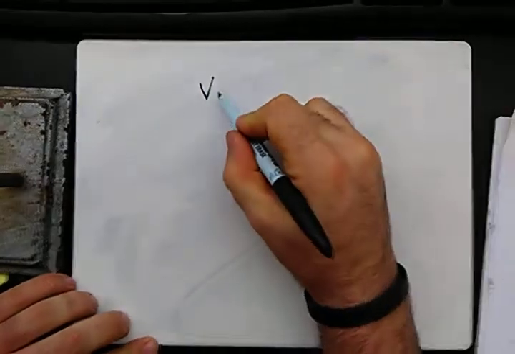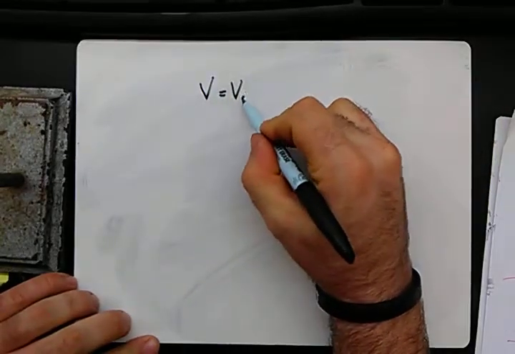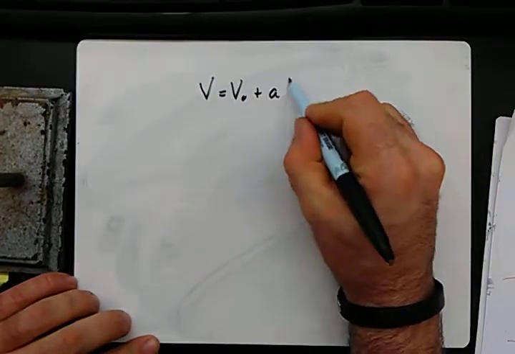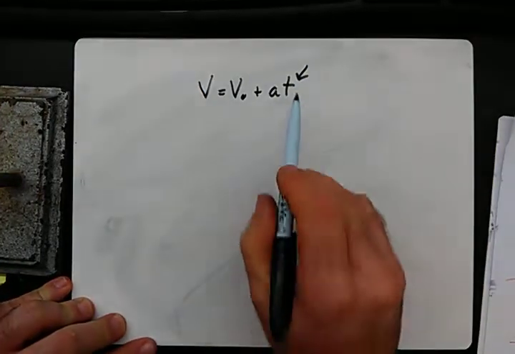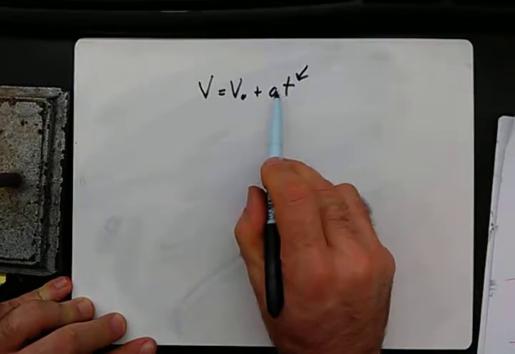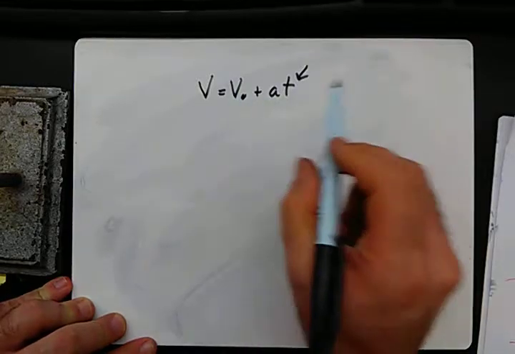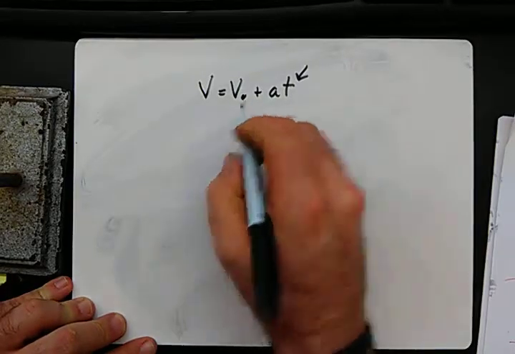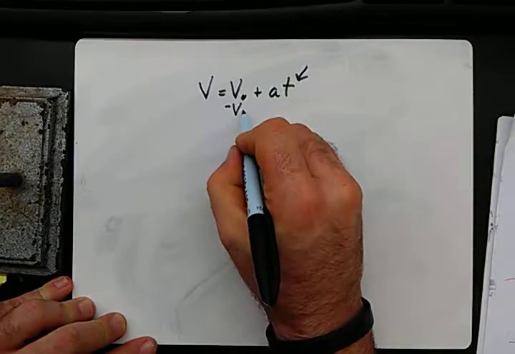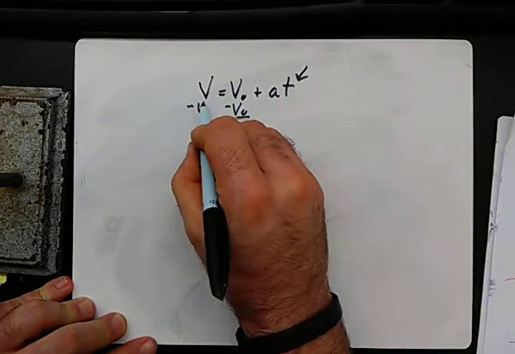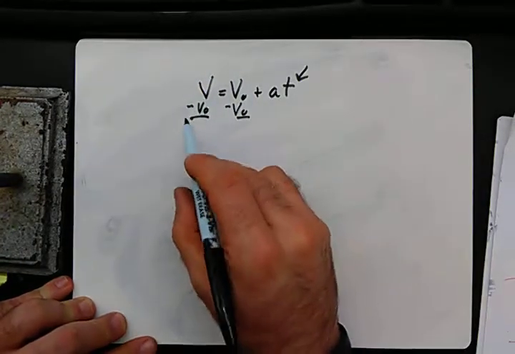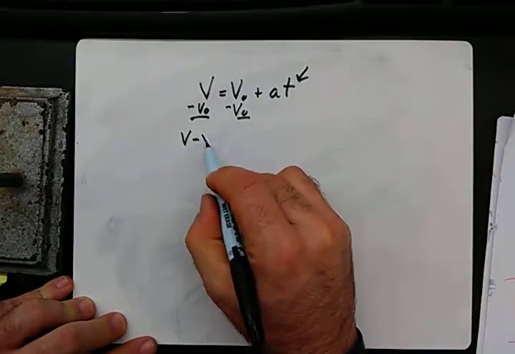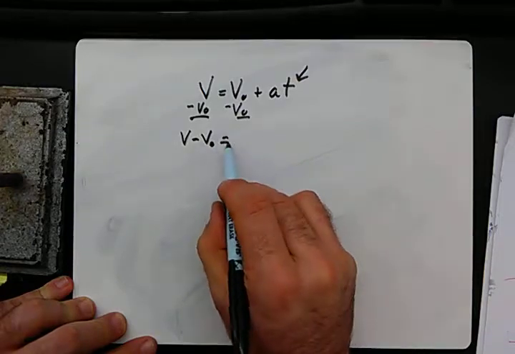Okay, guys, let's solve for T in that equation. So we've got V is V naught plus A times T. Okay, so let's solve for our T. Again, the T is multiplied by A, but it's attached to an initial velocity by addition. So let's subtract V naught from both sides. Okay, so what that gives us is V minus V naught equals